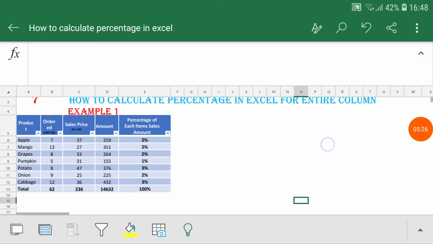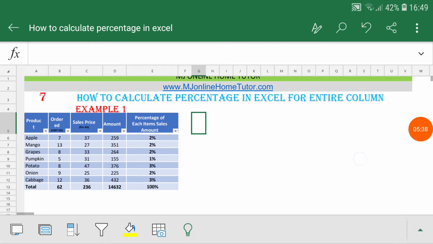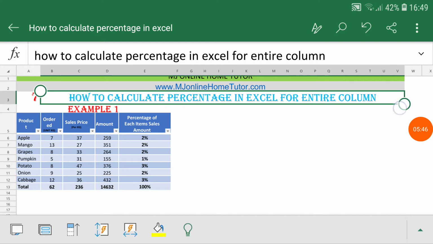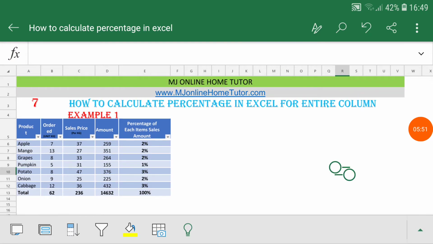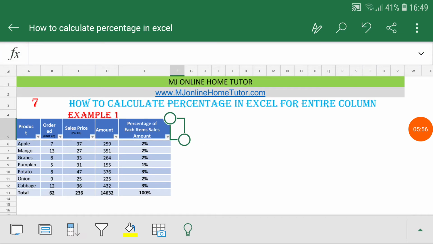Now I'm going to show you how we can calculate percentage and create the pie chart and the bar chart over here. The most important thing I want to tell you, this application is available for free on Google Play Store and iOS as well, so you can download it from there, and that's very useful, and that's the official application from Microsoft Excel. I will show you how you can download and which application you have to download, to get the proper result and proper function for each exercise or report you want to create.